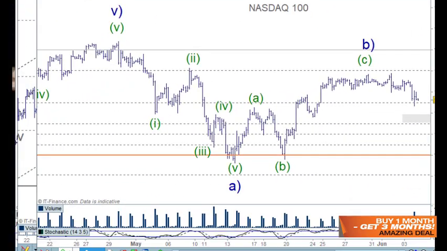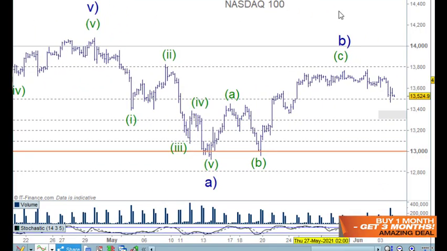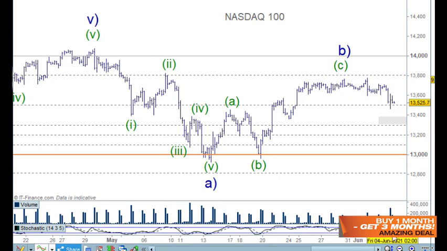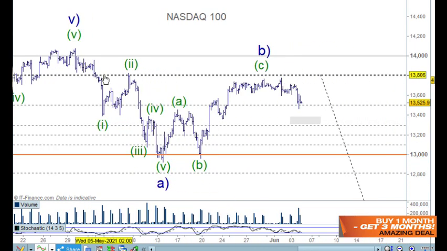So the NASDAQ's the same. We've been talking about the bearish count here based on the 5 waves coming down through here. But there's also a bullish case for this as well. On the bullish side of things, first of all, you can go long above here, because that would be in 3 waves from this high. And this 13,300 would be a place to